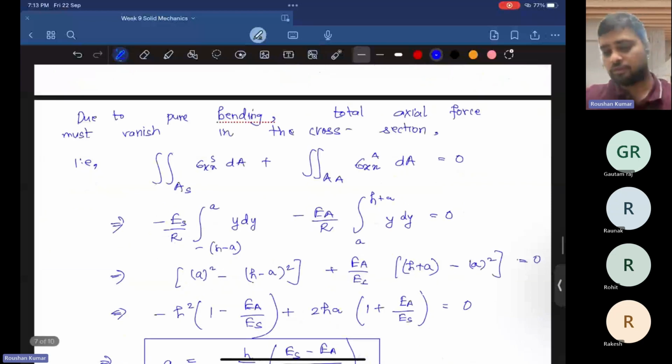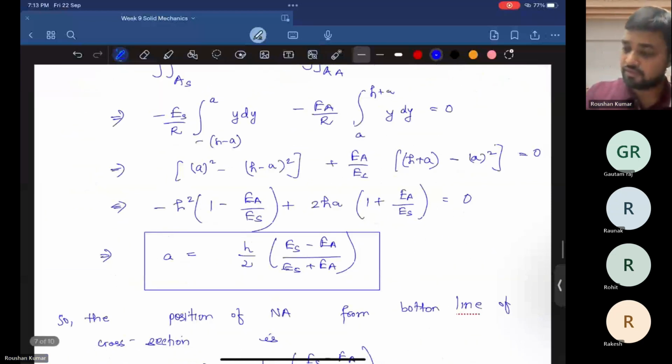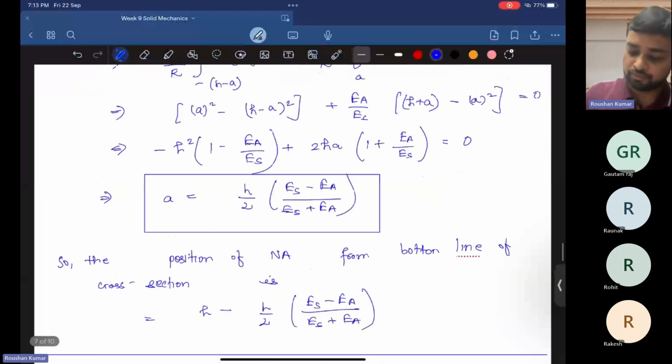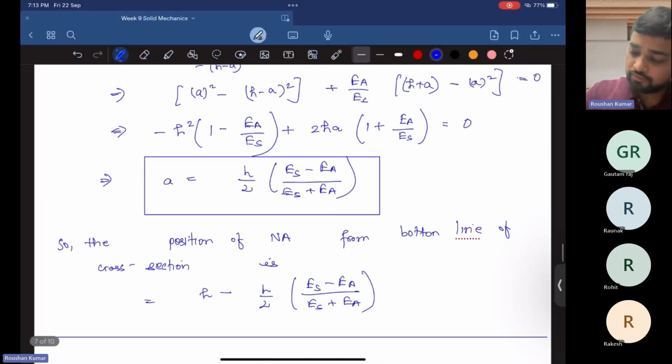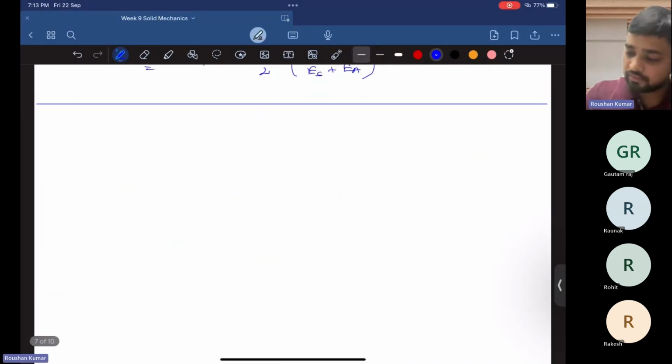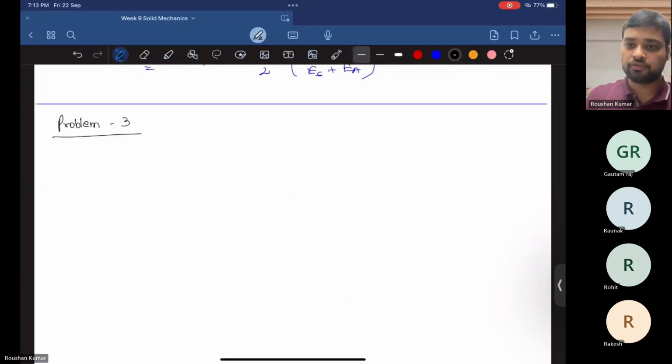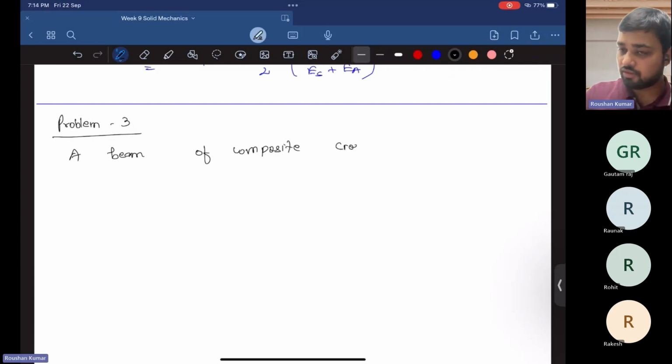Now move on to the next problem, that is problem number 3. This is also based on the bending of beam problem. Problem 3. A beam of composite cross section is subjected to